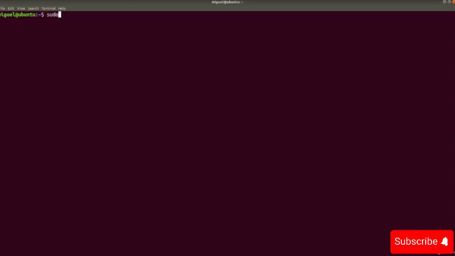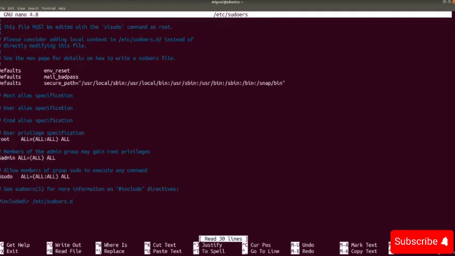So if you do sudo nano, and let's go to /etc/sudoers, we are going to edit the sudoers file. Who needs access to this? It is going to be Manny, and he's going to need access to ALL=(ALL), and the only one that he's going to be able to run this as is the root user. So what this means is that